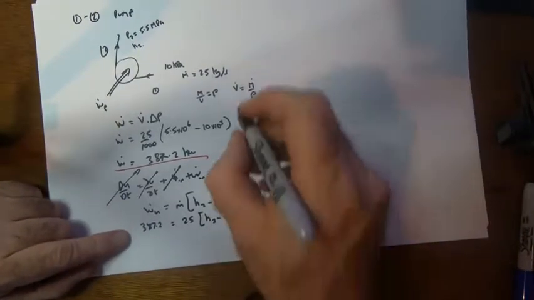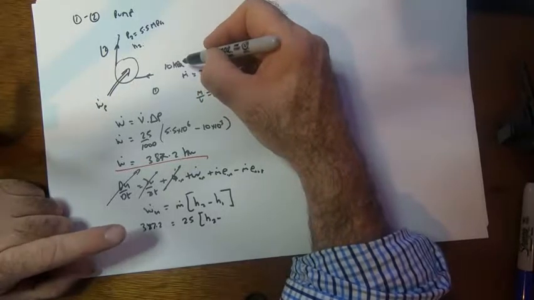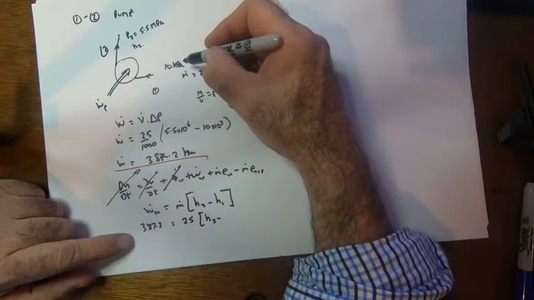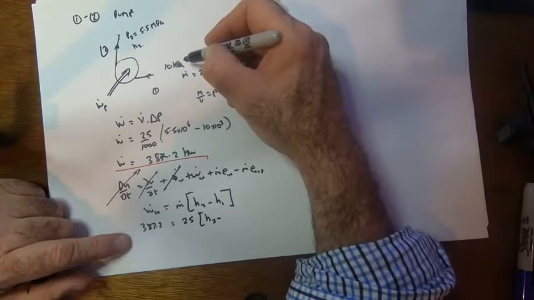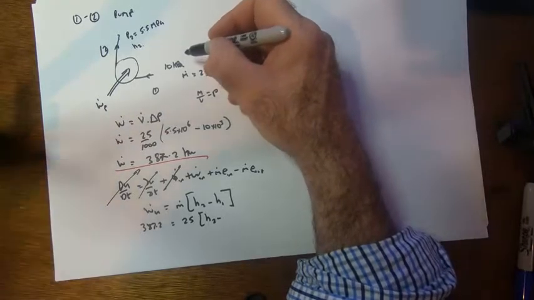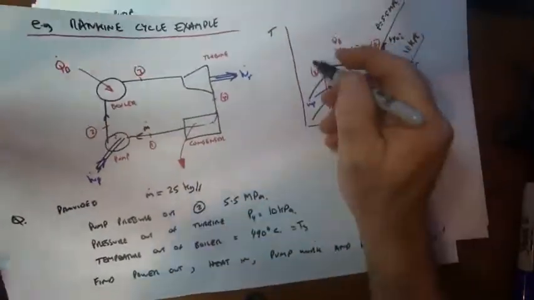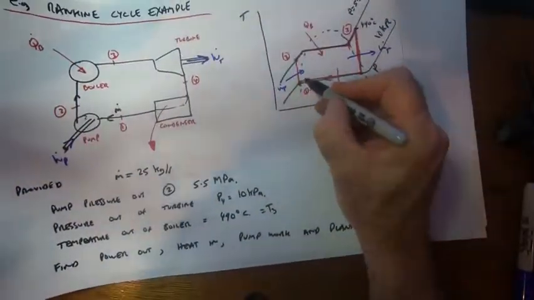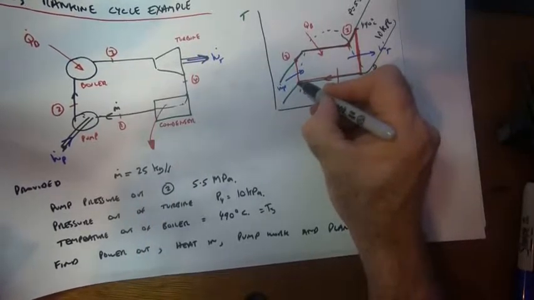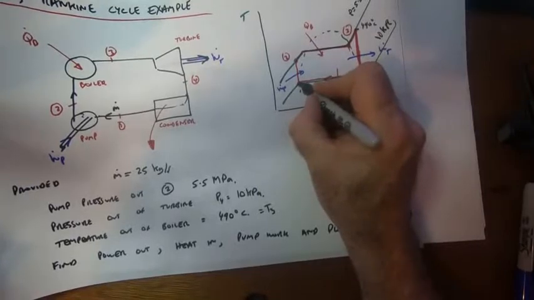Let's think about this. What is h1? We know 10 kilopascals. Do I know what h1 is? So it's coming in as a saturated liquid. Okay, so that's what we know. We know that 1 is coming in as a liquid. And in reality, it could actually be a little bit cooler, but if we know the temperature and we know that it's a saturated liquid or a subcooled liquid, we can use the enthalpy at that temperature for a liquid